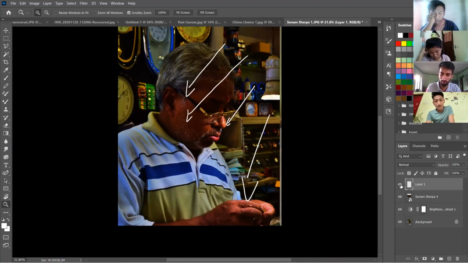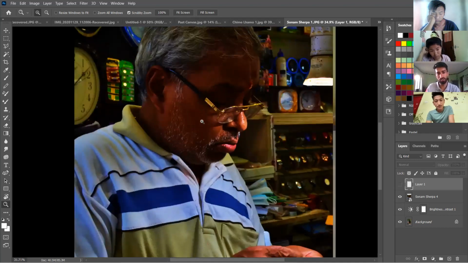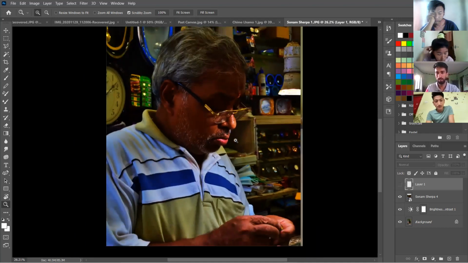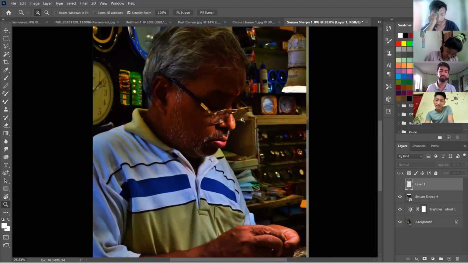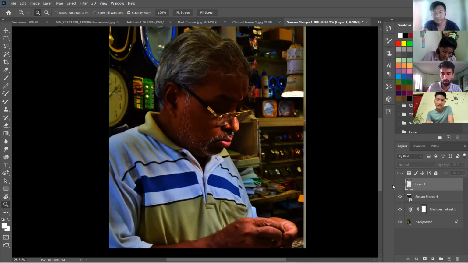And what I can feel from this image is that he is dedicated to his work. He's so focused on it, and his hair is gray, so we can tell that he has been doing this job for many years, and still he is very calm, and very much at peace with his job. I'm getting that kind of feeling, and the light and shadow is giving it a little bit more